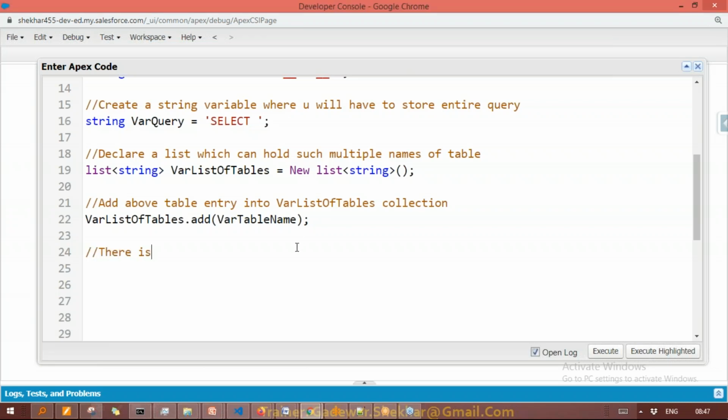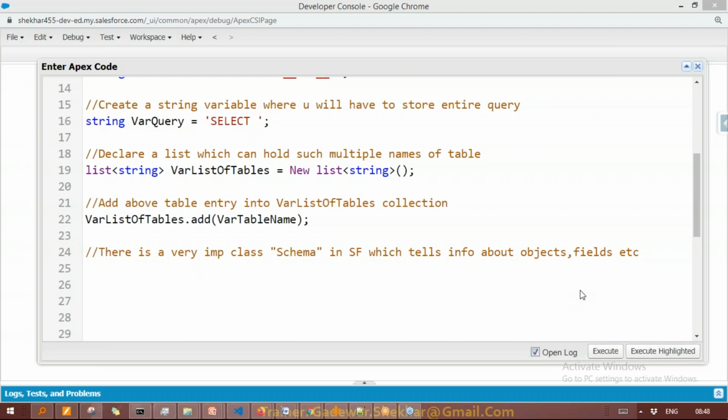There is a very important class, Schema, in Salesforce which tells info about objects, fields, etc. That's a standard class, by the way. This is something already prepared.